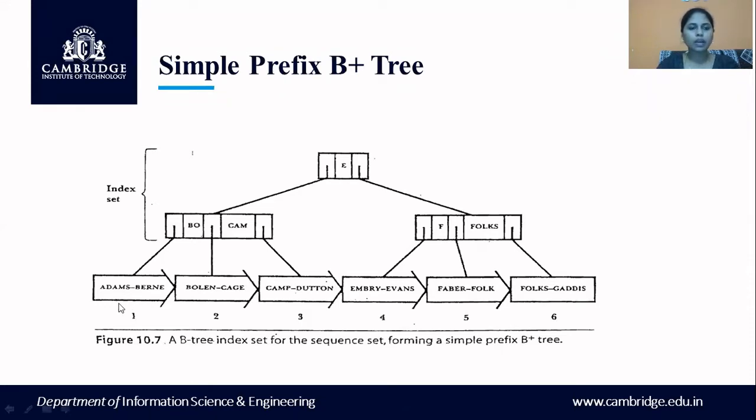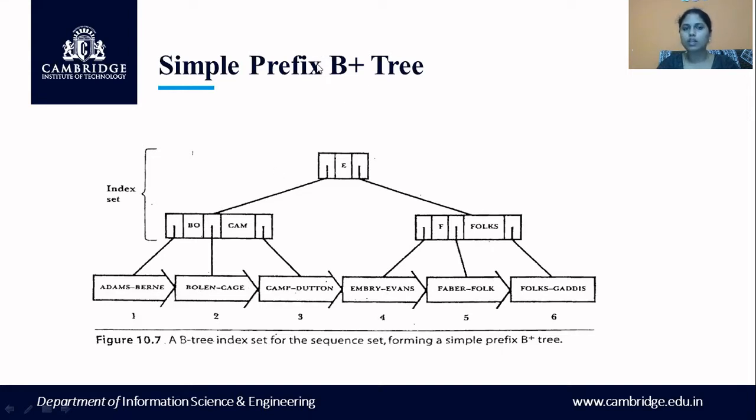You should be aware of the lowest leaf nodes present here. These were the sequence set that we had studied in our previous concepts. The sequence set is nothing but the record names that are present. It is all present inside blocks, and they are all arranged in ascending order.